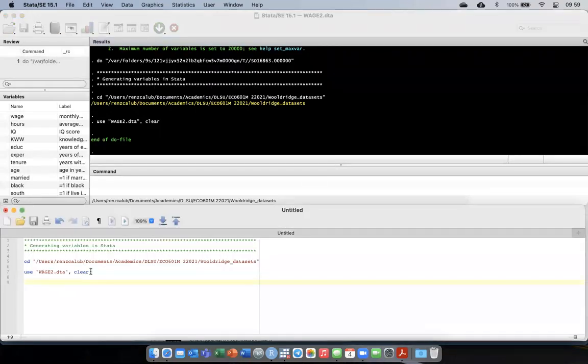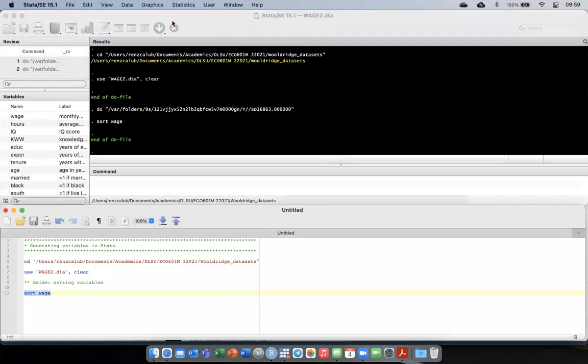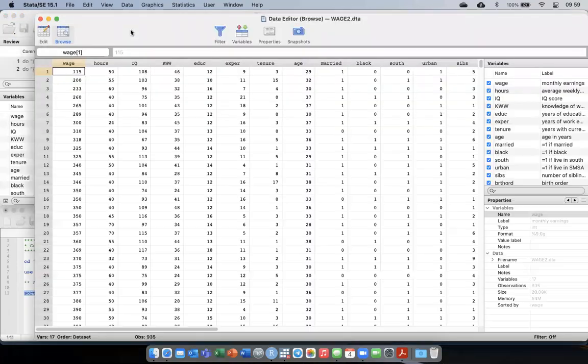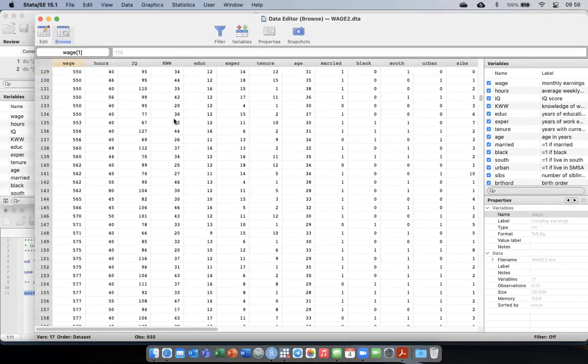Sorting is very handy later on. So you just type sort wage, and if you check the data, it now runs from the smallest